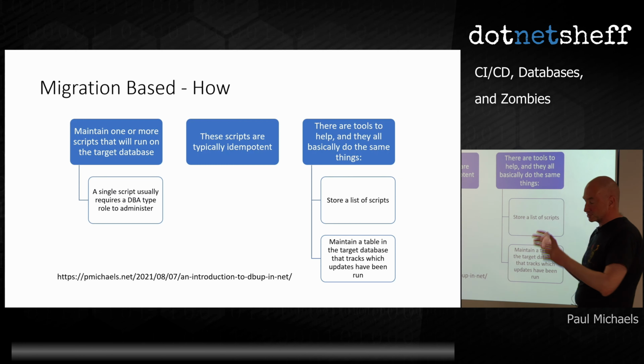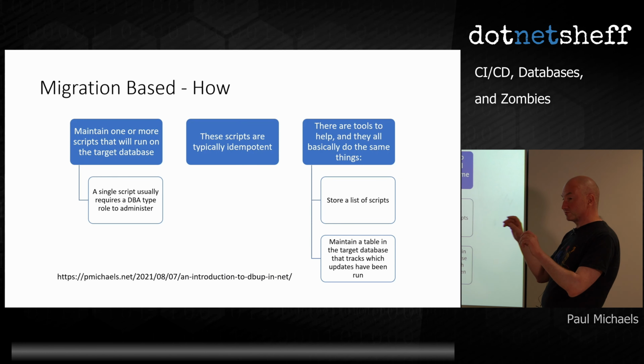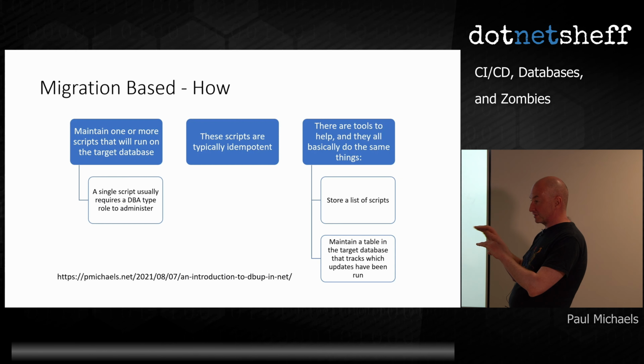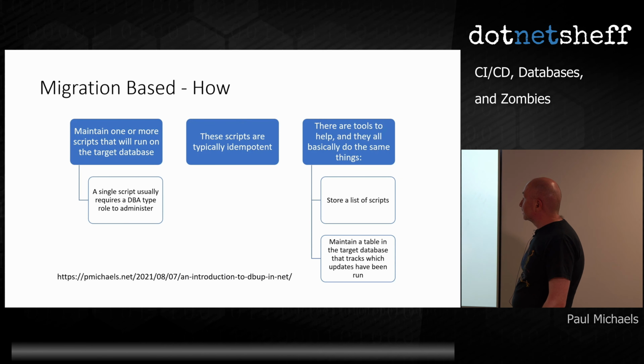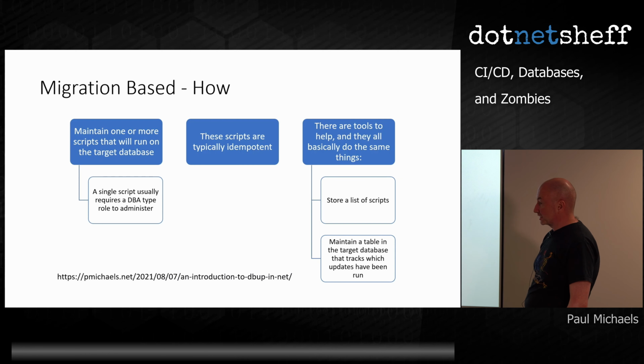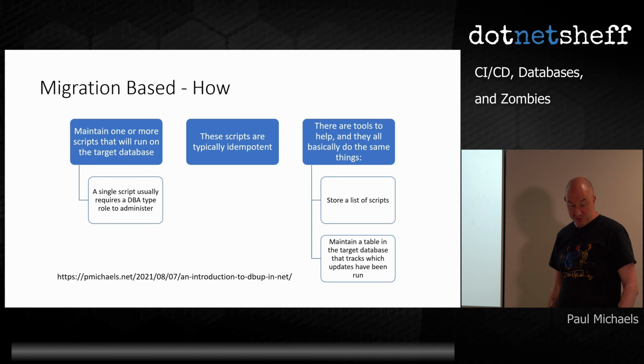So they'll not take care of the idempotency. They will maintain a log of scripts that are run, and they will only run that script if it hasn't been run, which works fine as long as it works fine. But as soon as it doesn't work fine and you need to rerun it, then you're in trouble. So it tends to be a good idea to keep them idempotent. And yeah, like I said, there's tools that help. DbUp is one, but I mean, you could argue that Entity Framework was a migration-based tool. There's Flyway, I think, from Redgate, and a number of others depending on the environment you use and the language you use.